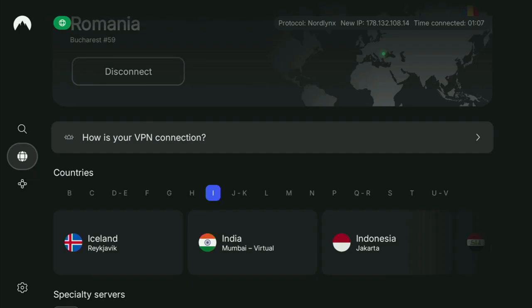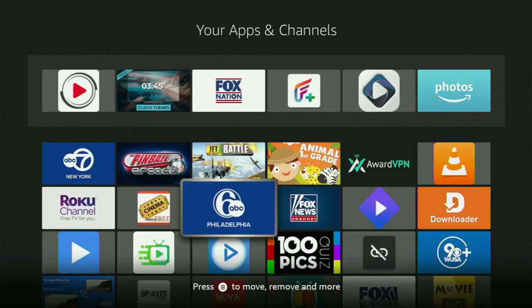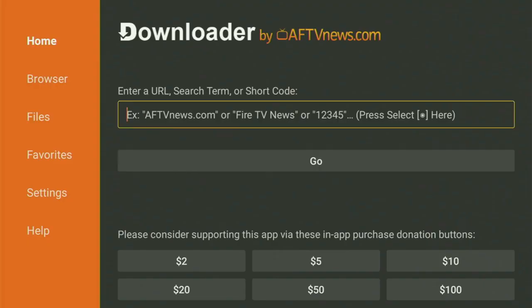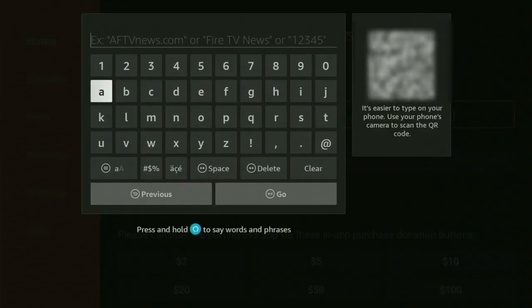And now, finally, let's use Downloader safely. So we go back to Downloader, let's open it, allow a moment for it to load, and it's time to start using this app now. So we go to Downloader, and now here we just have to enter a link, which will be